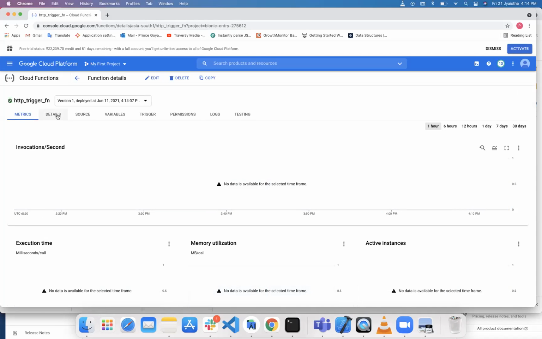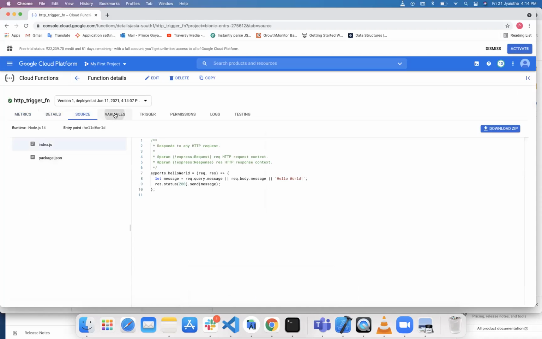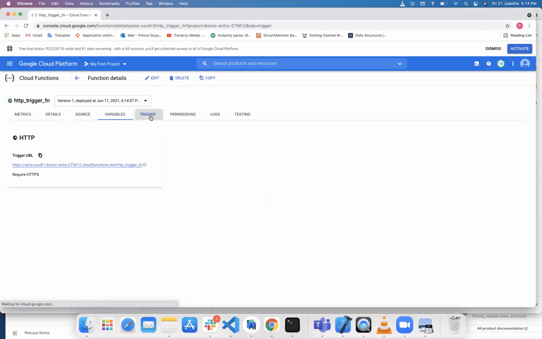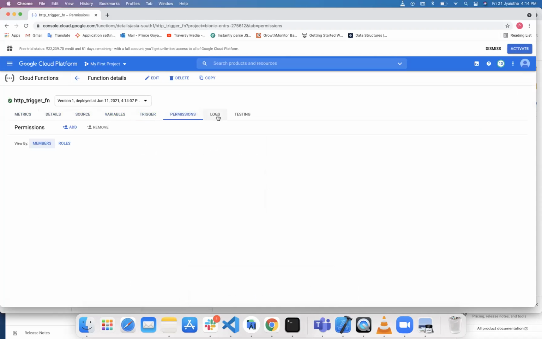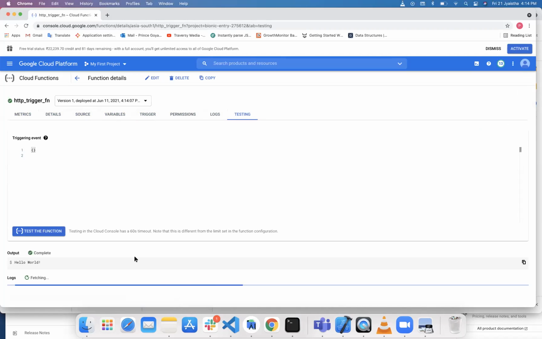So here we can check the details, the source code, the variables, triggers, permissions, logs, and testing. So we can test our function by clicking on test the function. So the test is completed and the hello world is printed.